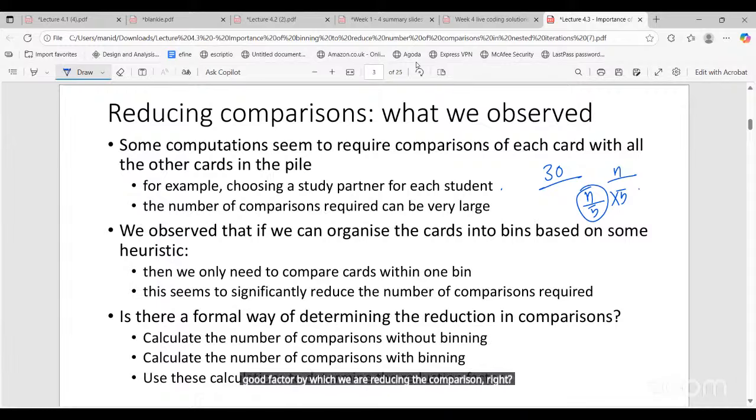If it is a very small factor, let's say I was doing 100 comparisons before and now I'm doing 90 comparisons, that's still a very small factor. But if I was doing 100 comparisons before and now I'm doing 20 comparisons, that's a huge factor, like I have reduced the comparisons by 5 times. So we need to determine what algorithm we can use in a particular scenario that will give us the maximum reduction, right? And how do I calculate this factor of reduction, the factor by which the number of comparisons is being reduced? So first, to do this,